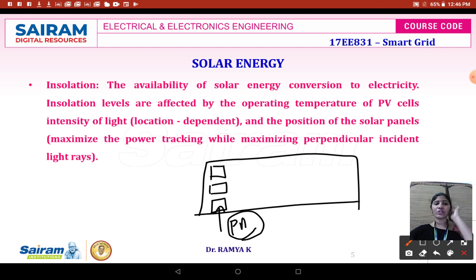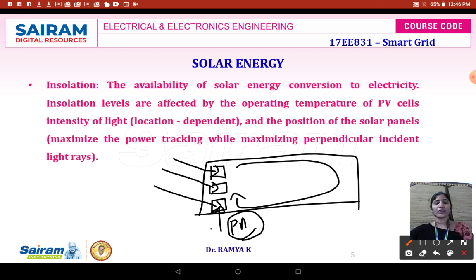When you make it with amorphous silicon or polycrystalline silicon, it is capable of absorbing photons. Sun rays are nothing but photons; it absorbs the photons, which in turn emits electrons and causes the current to flow through the circuit. So depending upon the insolation, temperature, and the intensity of the light from the sun, it is possible for us to generate power. The cell in the solar panel is capable of absorbing the power, and with a certain operating temperature, intensity of the light, and position, we can extract the maximum power.